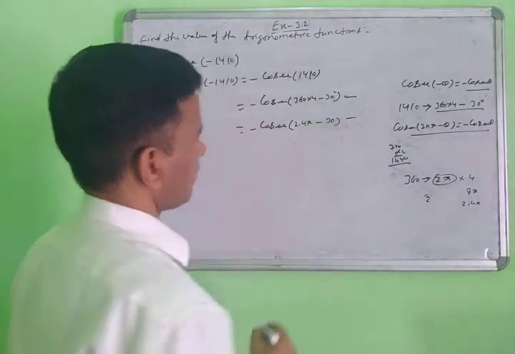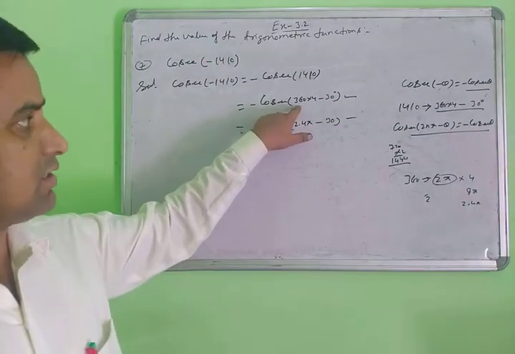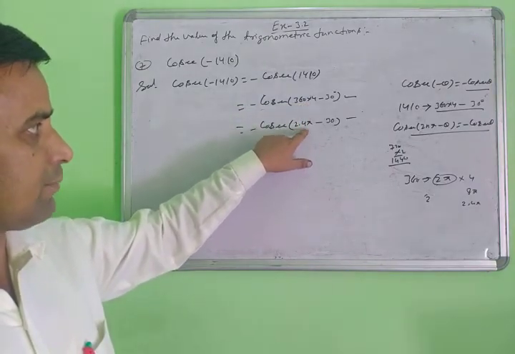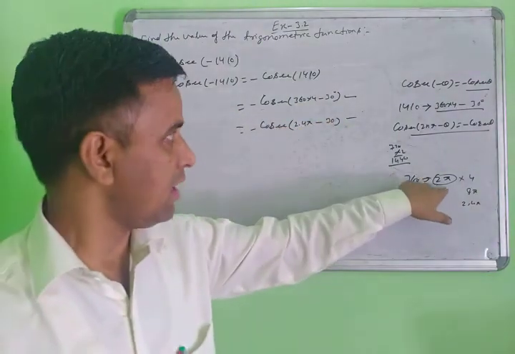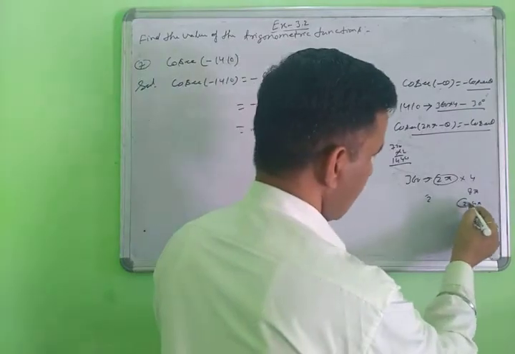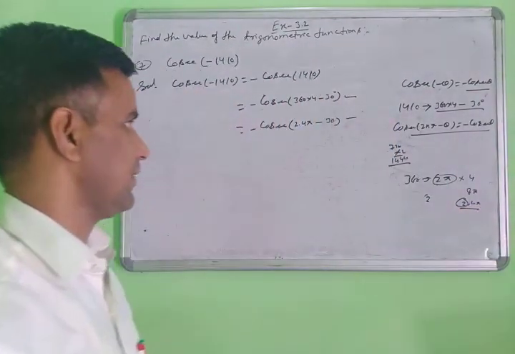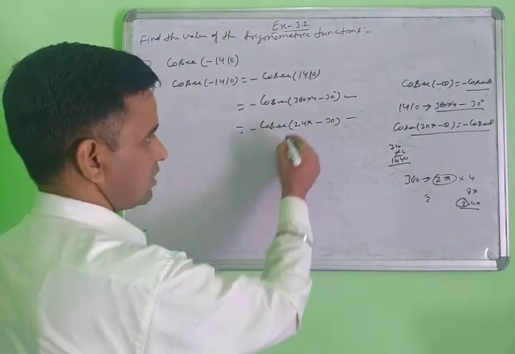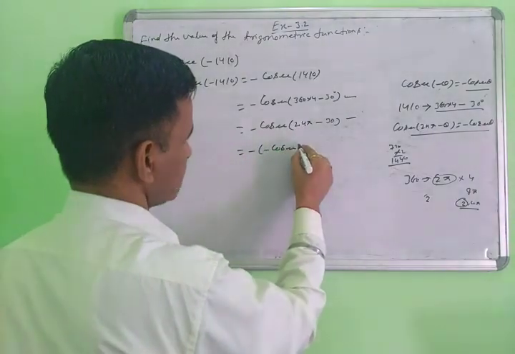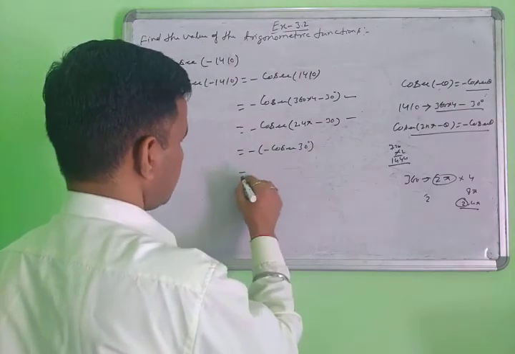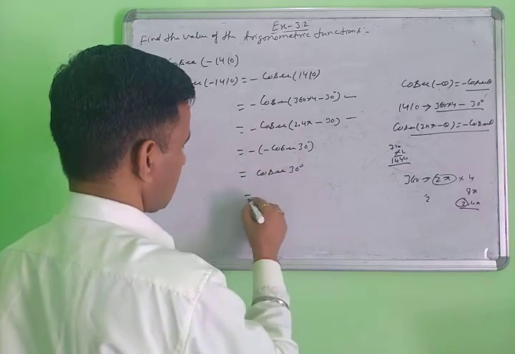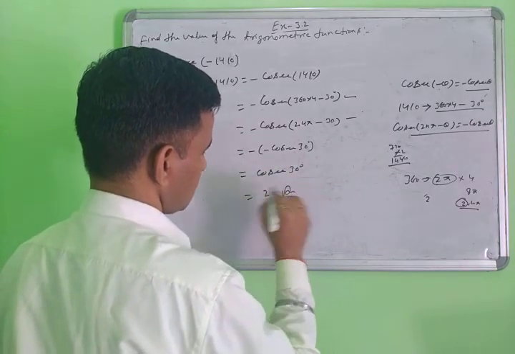Otherwise you can use either form, no problem. Suppose you write it in this form, it does not matter, this is not wrong, both are right answers. So you convert into 2 n pi, then 360 converts to 2 pi, or with the 4 it is 8 pi, plus 2 n pi. This is how to convert. The result is minus cosec 30 degree, and cosec 30 is equal to 2. So this is your answer.